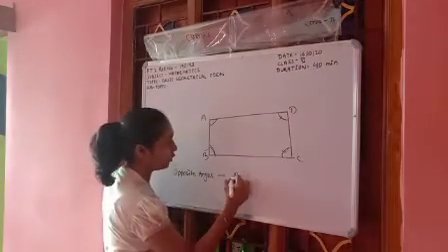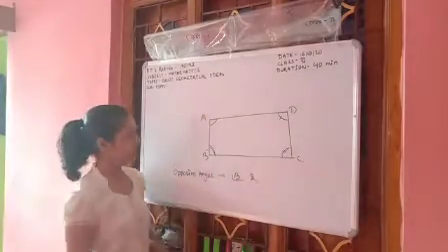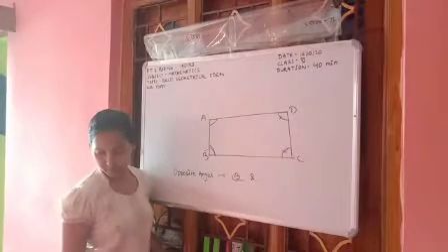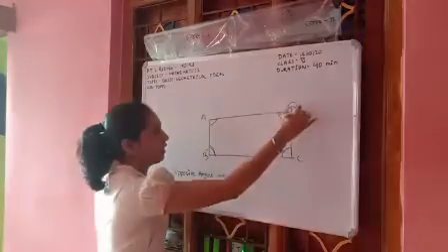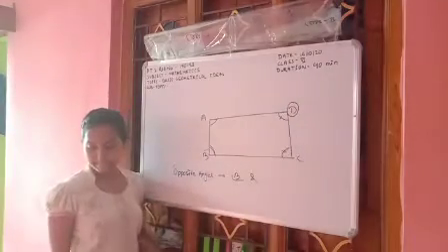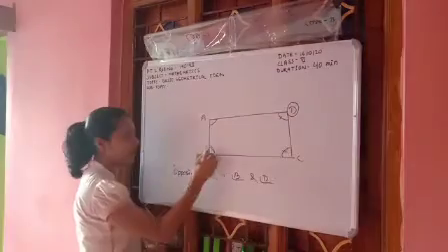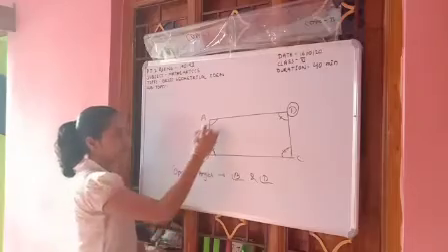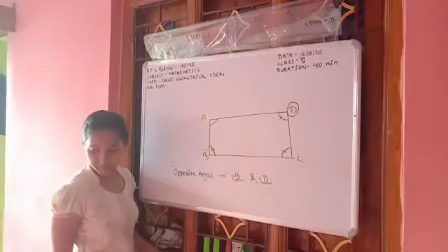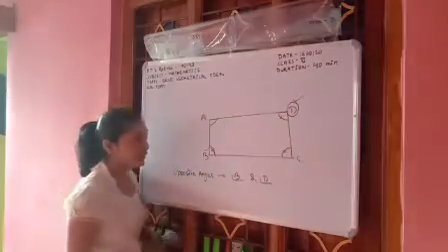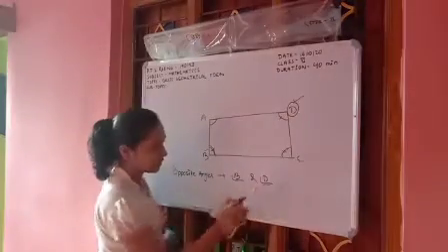So please tell the opposite angle of B. Angle D. Look at here. This is the angle B. This is an adjacent angle, and this is also an adjacent angle, and this one is the only one left over. So the opposite angle of B is D.